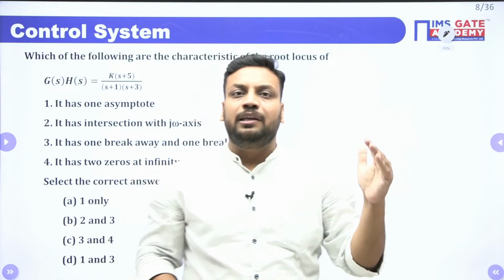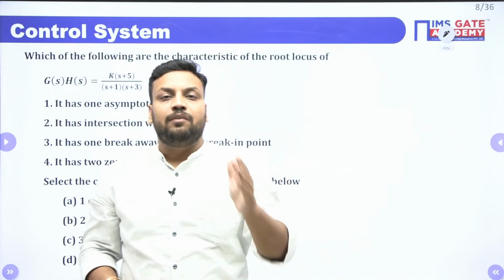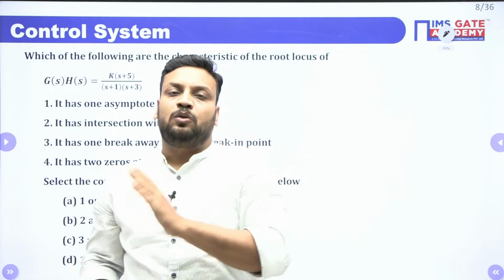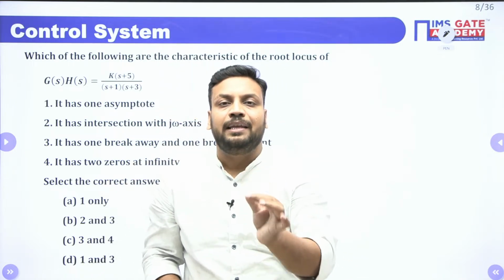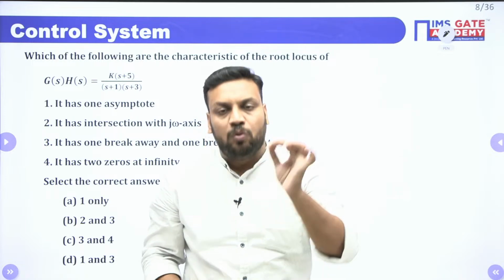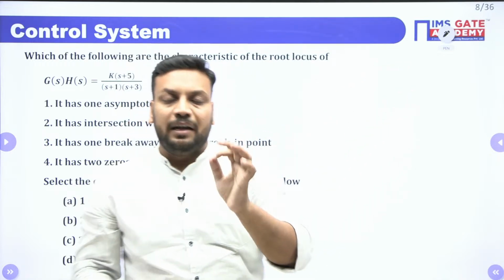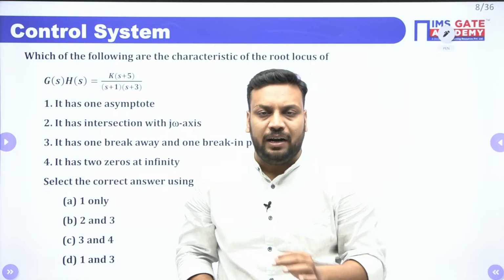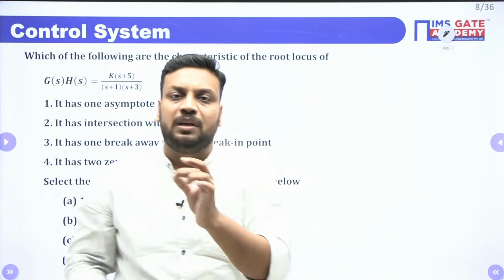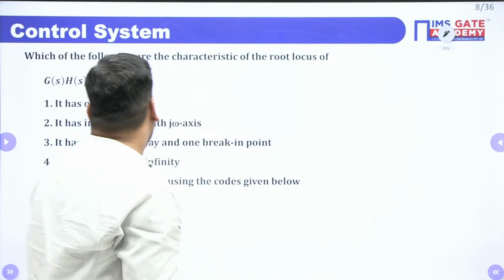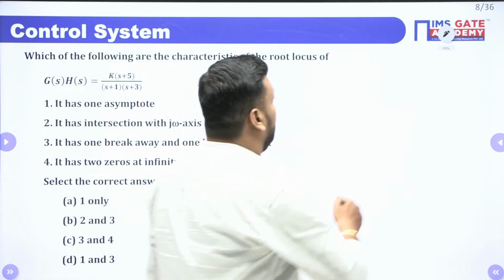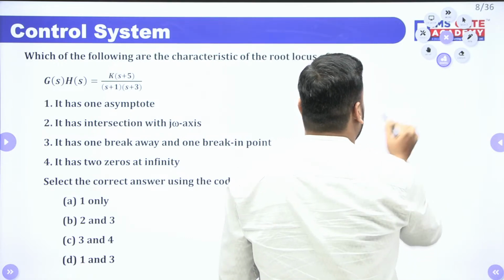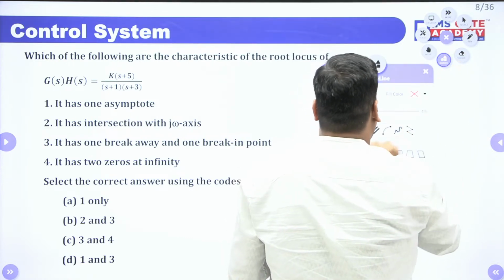Whenever any root goes to infinity, it always follows the angle of asymptote, and the angle of asymptote comes into the picture if any roots want to go to infinity. It means n is equal to P minus Z, where P is the number of open loop poles and Z is the number of open loop zeros. So in this question, you can say how many poles we have, guys. If you know the basic concepts, then definitely you can make